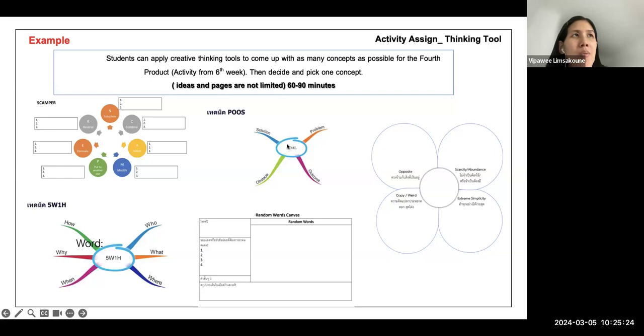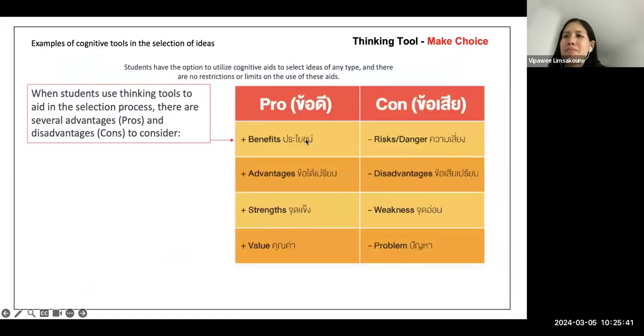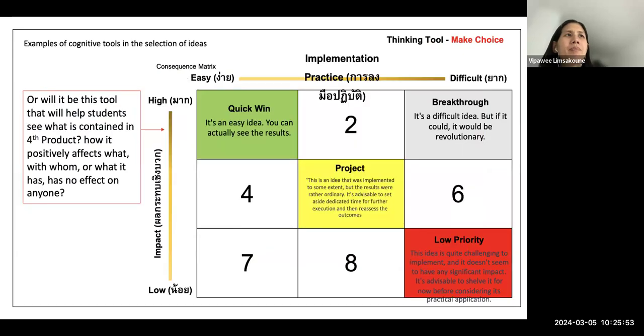And this one on the top here is POOS. It stands for problem, outcome, obstacle, solution, and your goal. Okay. It helps for brainstorming. So the template here, make choice, is for selecting which choice you're going to select.